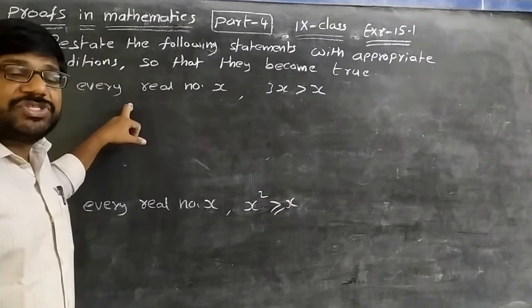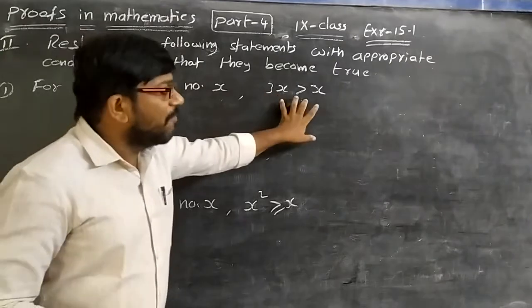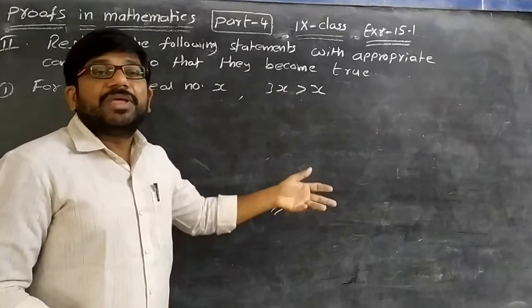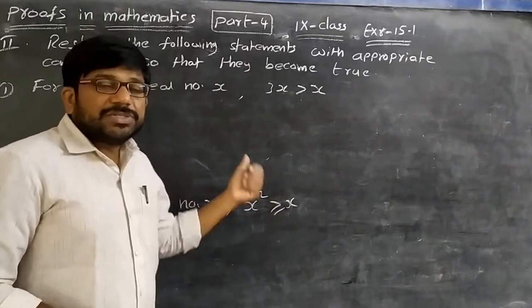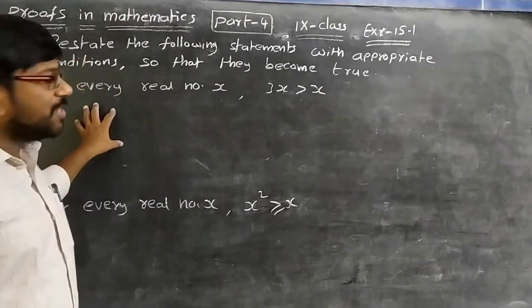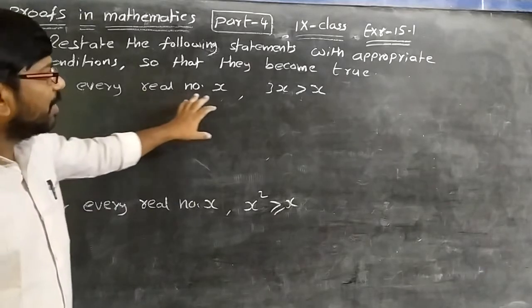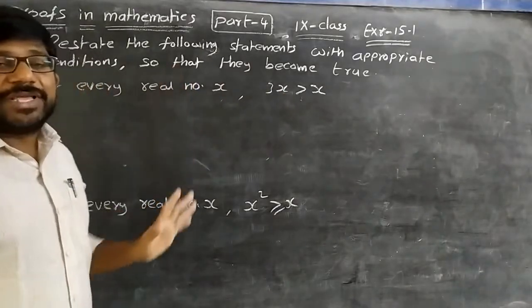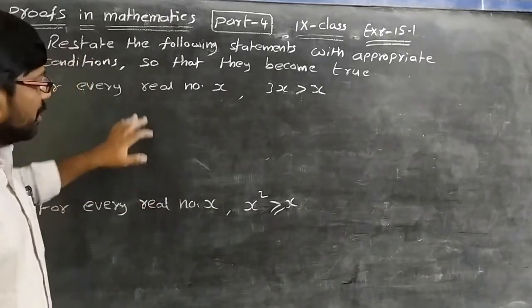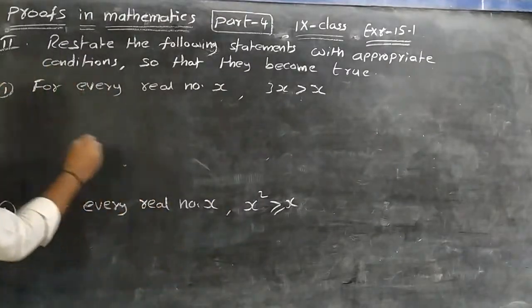If the statement is to be true, then what is the condition? See, for what value of x is it a true statement? The given statement is okay, but ambiguous; we don't know whether it is true or false. There is no condition given. Now we have to restate the statement, writing a suitable condition to make it correct, right? Yes, observe carefully.